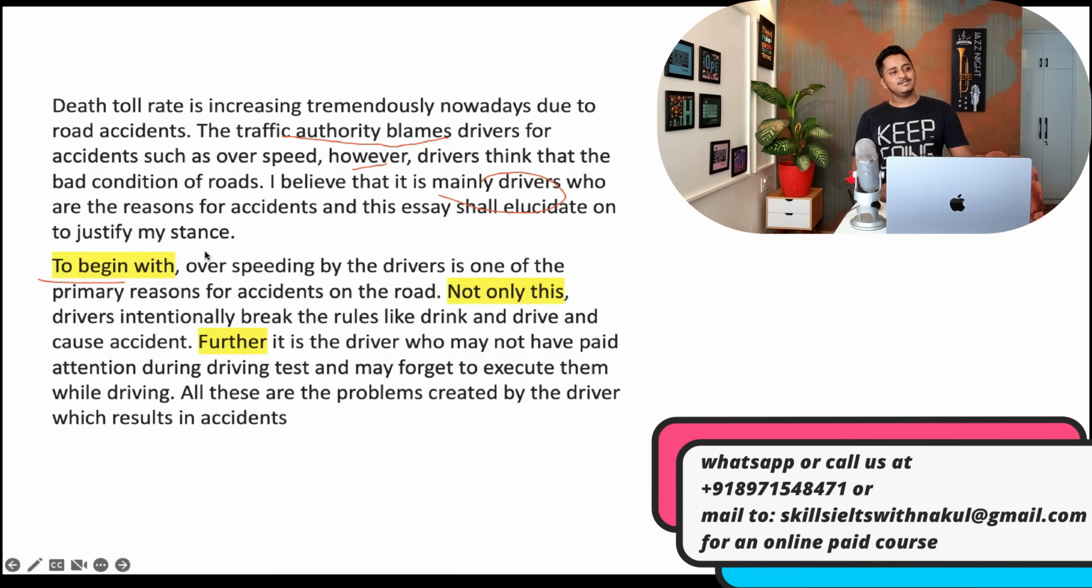I told you, if you like apple juice, continue talking about apple juice. No, I like mango also. It's okay. Finish the apple juice, drink it, savor it, give it some time, and then go to mango. That is not written. Not only this, drivers intentionally break the rules like drink and drive and cause accidents. Further, it is the driver who may not have paid attention during the driving test and may forget to execute them